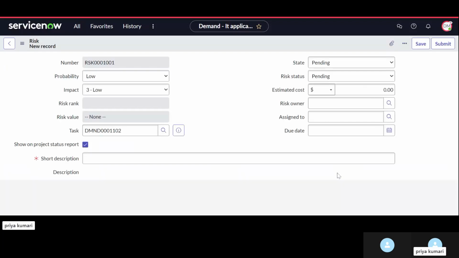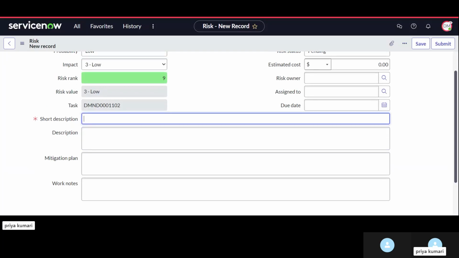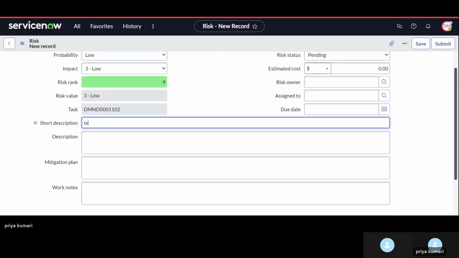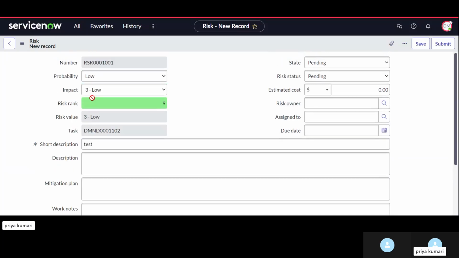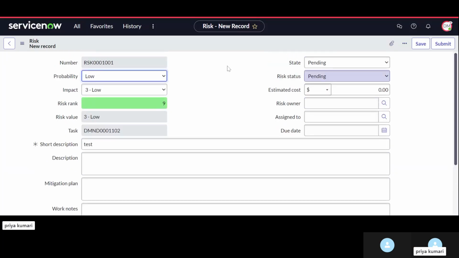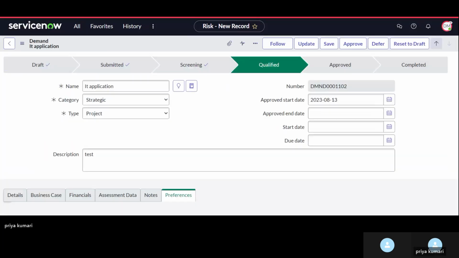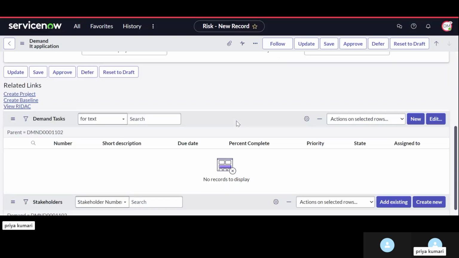So how it is going to be, it is storing the RIDAC. Okay, let me just create one with impact and probability, so you can mention the state over here. Okay, just submit this. Once you have submitted the risk,